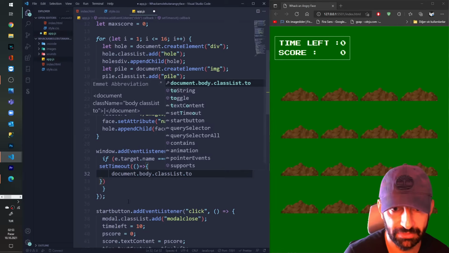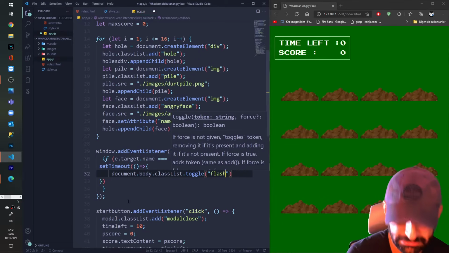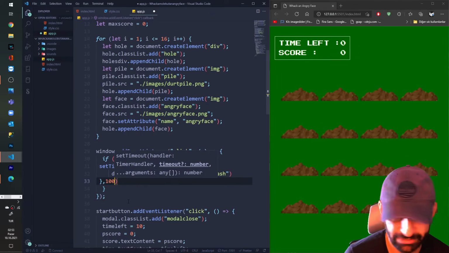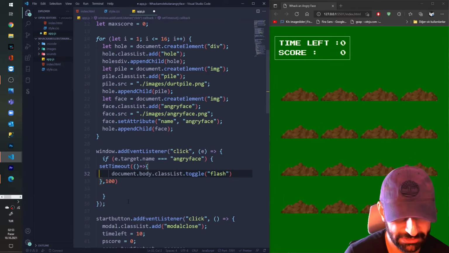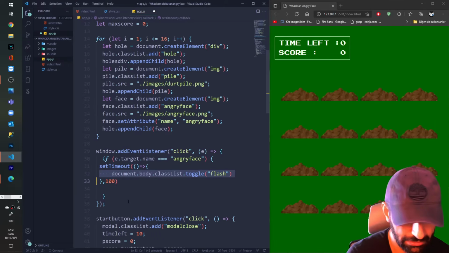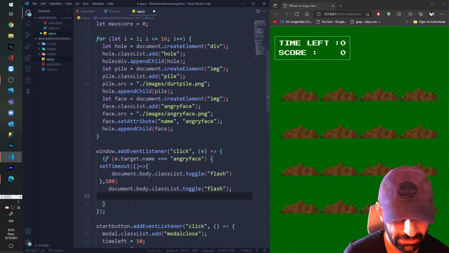I'm going to toggle this class and say flash. And after 100 milliseconds, I say document toggle class again. I say close it, and